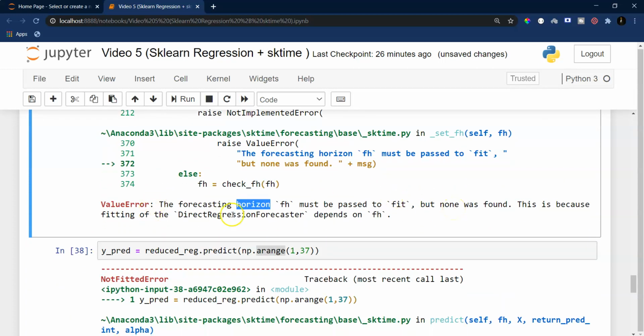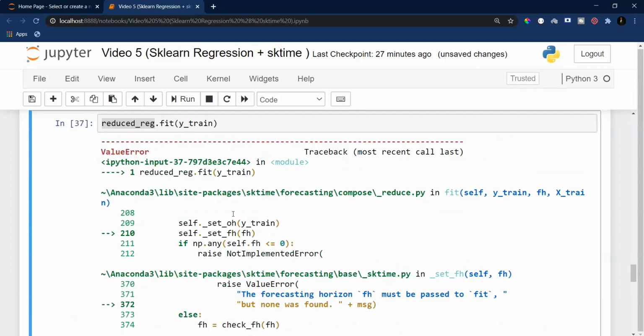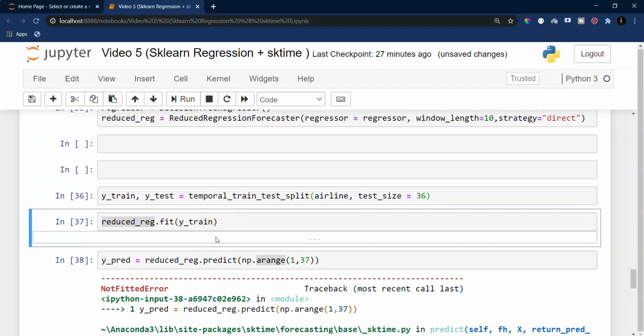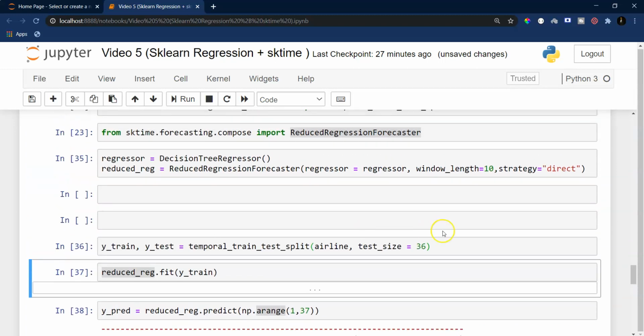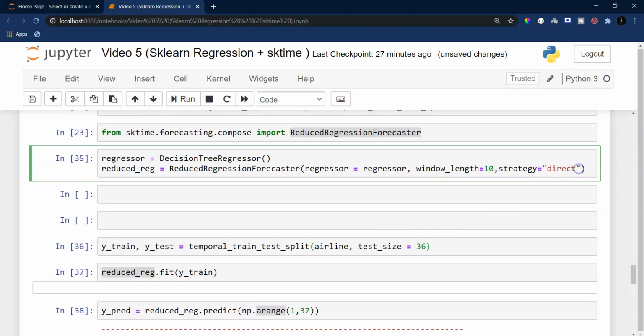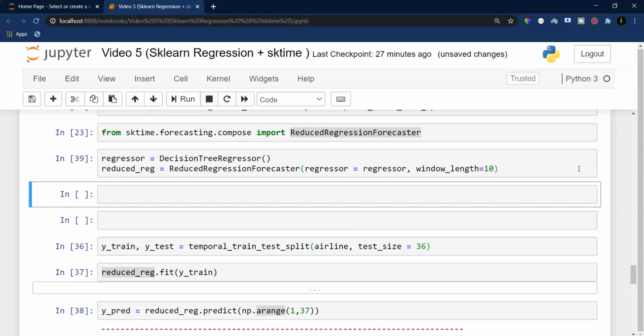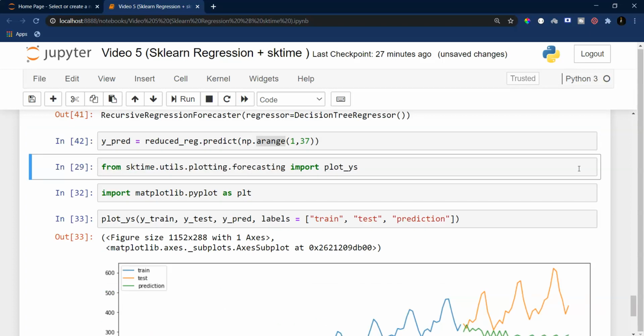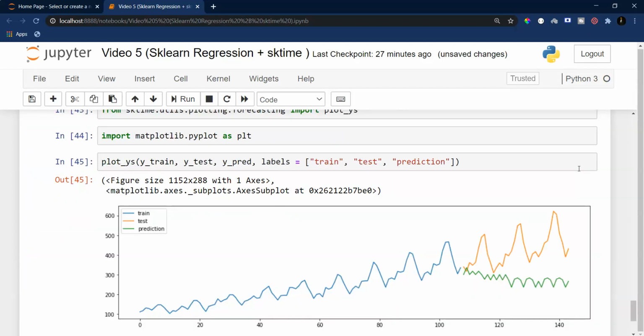This is because of fitting the direct regressor forecaster. Oh, I see. We will be tackling these issues in later lectures, but right now just understand that with the direct forecaster we also have to pass the forecasting horizon. So we will just stick with what we used earlier, I think.